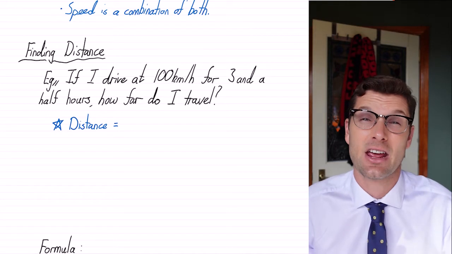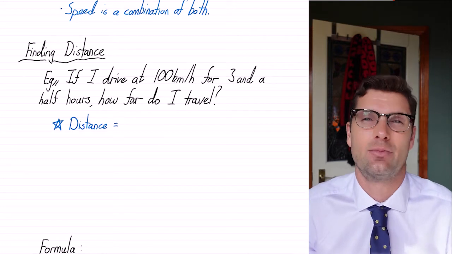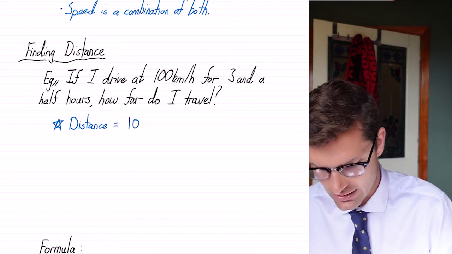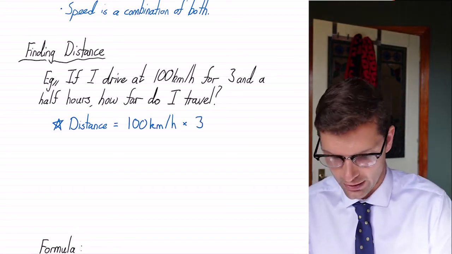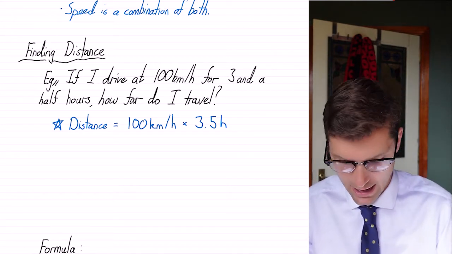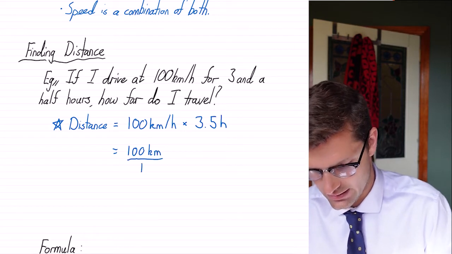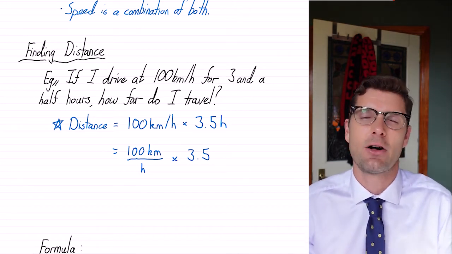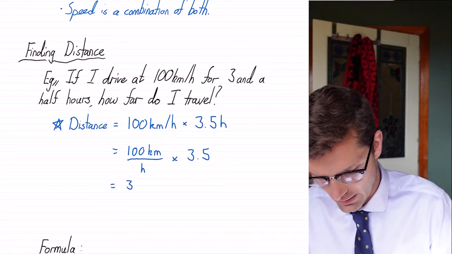In these examples, I am just going to really highlight the units just to see that we can cancel these out in a really algebraic sense. So for this one, we've got distance equals the 100 kilometers per hour multiplied by 3.5 hours. So another way to write this out, this kilometers per hour, is to write 100 kilometers divided by hours times 3.5. So if I was to simplify this, because it's a multiplication, I just multiply the 3.5 by the top of the fraction. So I have 350 kilometers